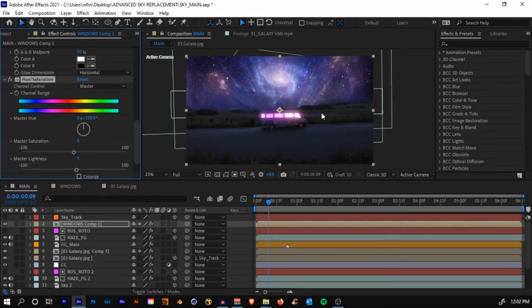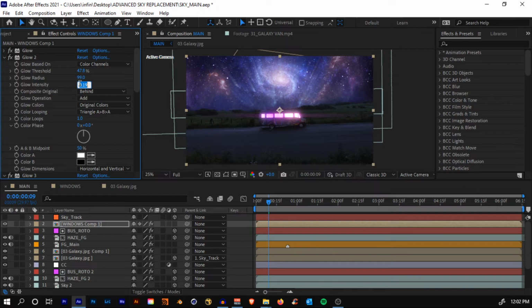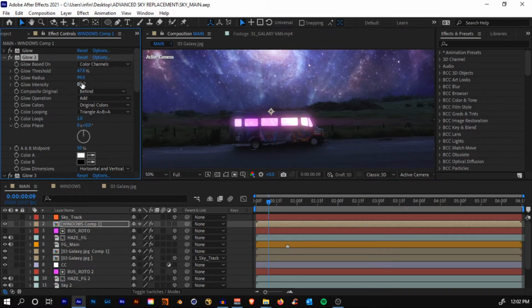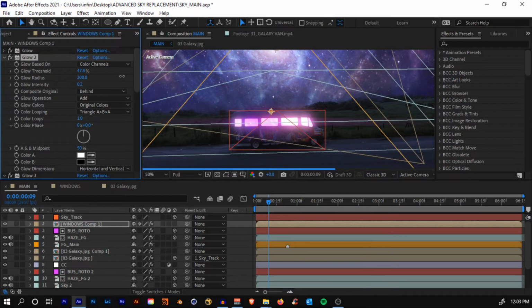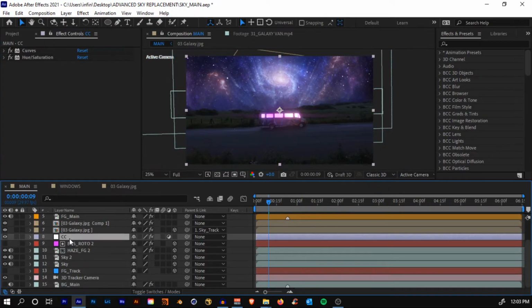Okay, no problem. We'll keep it violet itself, and just come to the glow 2 and get the intensity back to 0.1. I think it has decreased, so let's get it back to 0.2 and increase the radius. Yes, so we have done the glow, and come back to the CC of the sky, which is beneath the galaxy, beneath the foreground main. Let's rename it to something like CC